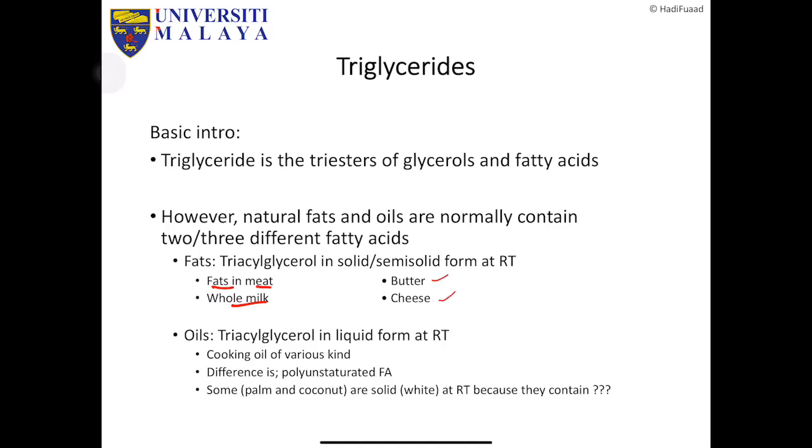Another example is butter and cheese, which are fully saturated fatty acids and also triglycerides. Another example is oil, triglycerol in liquid form at room temperature, cooking oil of various kinds. The difference is they are polyunsaturated fatty acids. Some, for example palm and coconut oil, are solid at room temperature because they contain